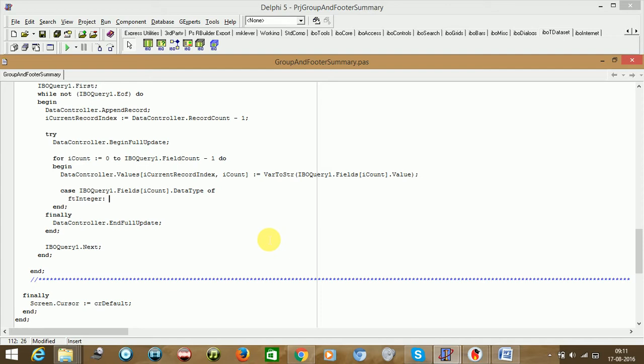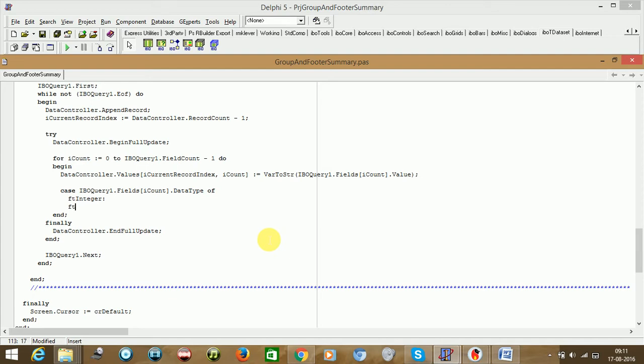If it is integer, then what has to happen? If it is BCD, BCD means floating point, what needs to happen? So what we are doing here is checking the data type of the column in the data set, and assigning the respective data type to the column inside the grid.